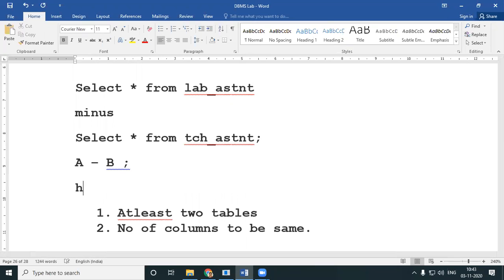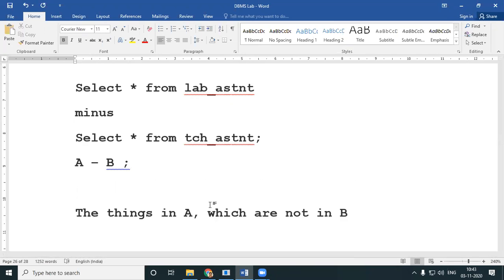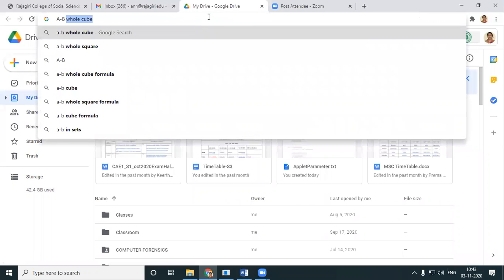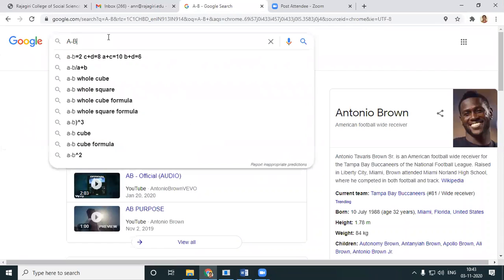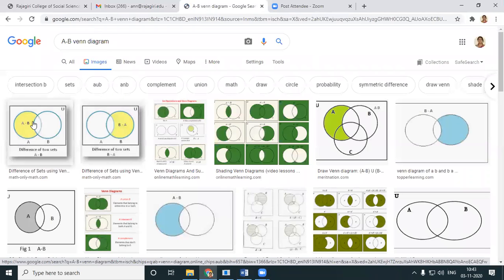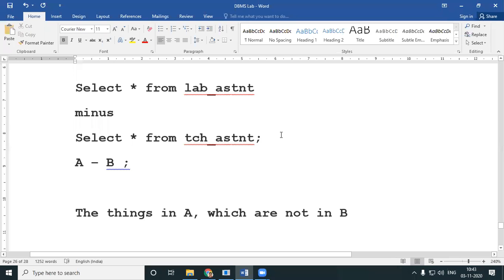The things in A which are not in B. This is the meaning of A minus B: the things in A which are not in B. If you go for set theory and a Venn diagram, this region which you see in yellow is A minus B, the things of A which are not in B. Okay, so let's come back. We'll work on a query.